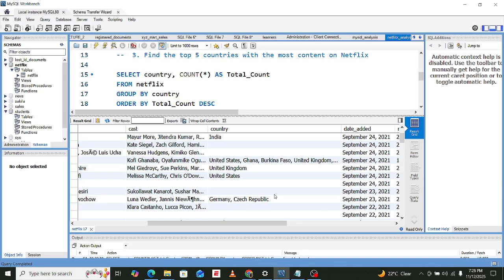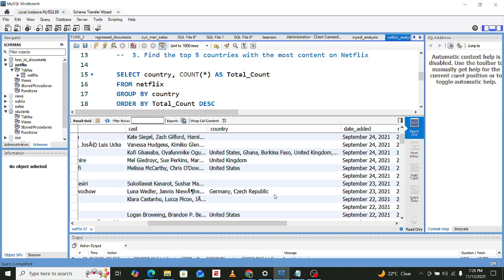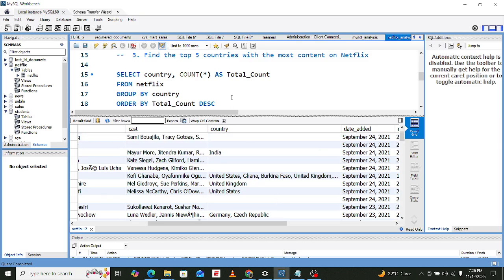So if we want the correct output, we must find a way of creating a list of these countries, so that it will be possible for us to iterate through, and at least know that this movie was cast in a certain country.